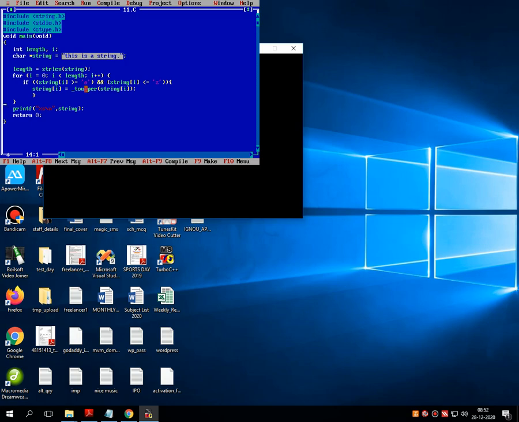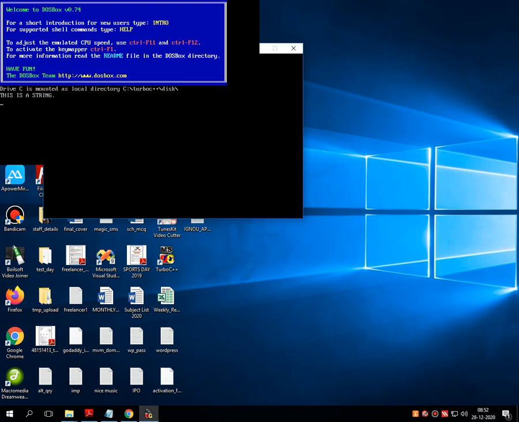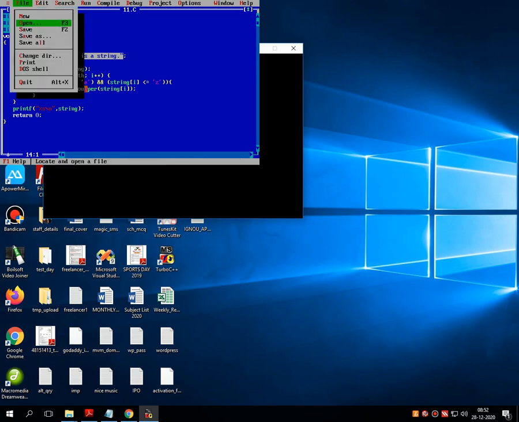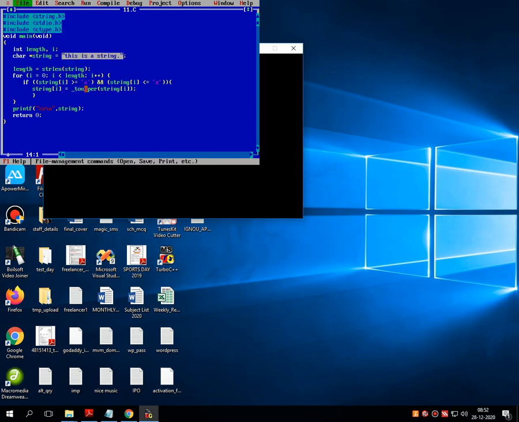Now, same as this toUpper, the reverse function is toLower, which converts the entire string from uppercase to lowercase. By simply changing the name of the function in this program, we can look into the functionality of the same. Let's go back.